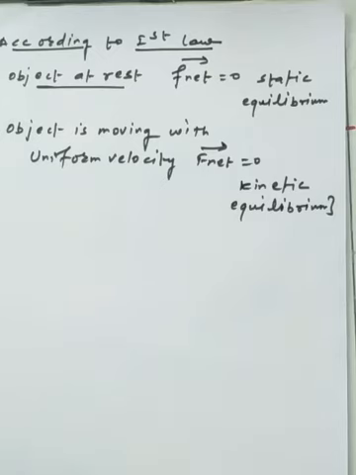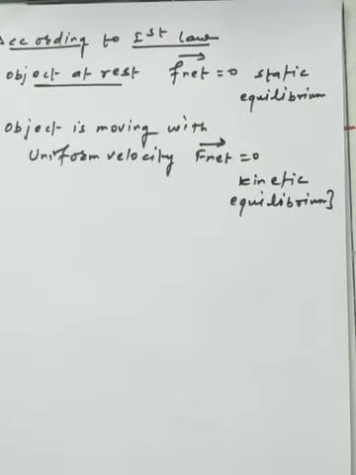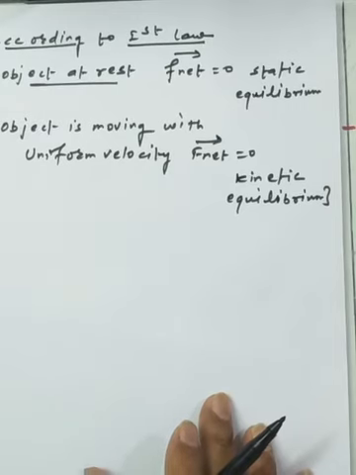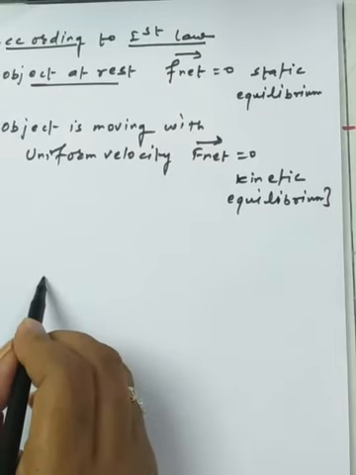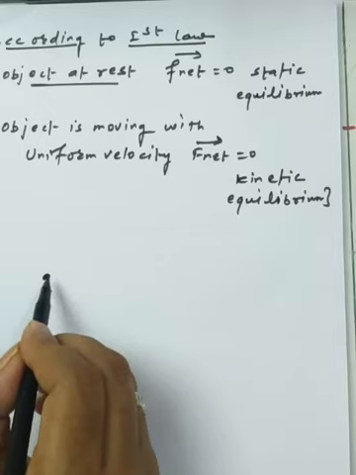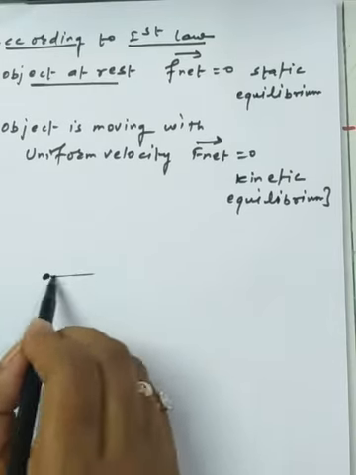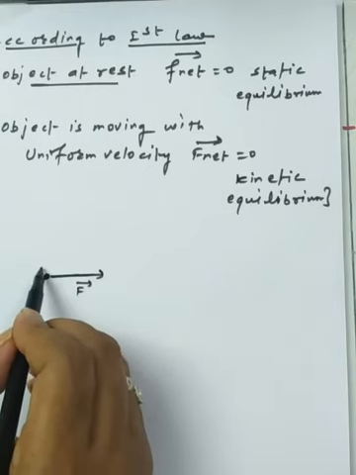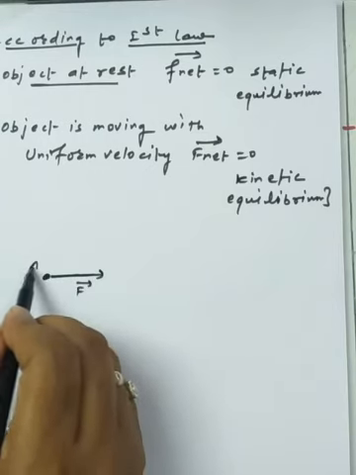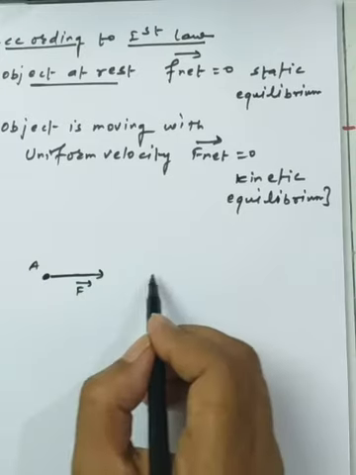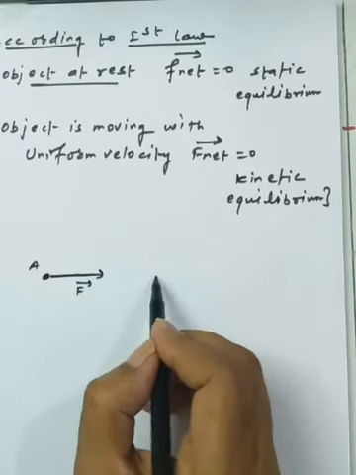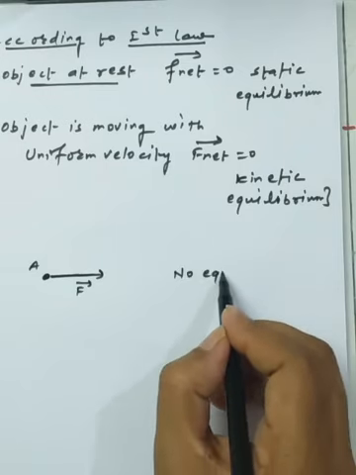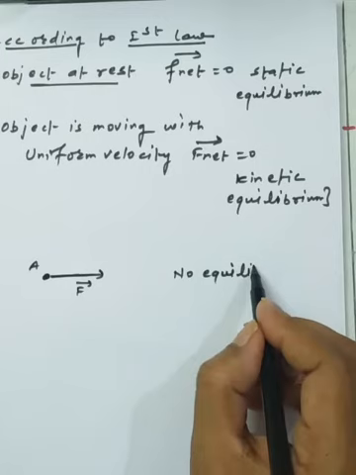One by one I am discussing them in front of you. I will discuss the condition of equilibrium as well as no equilibrium. So first I am choosing this case. This is one of the particles, lying on a surface, and I am applying a force on this particle, that is called F. So probably this point, point A, will move in the direction of the right hand side. So this is the condition of no equilibrium we have.